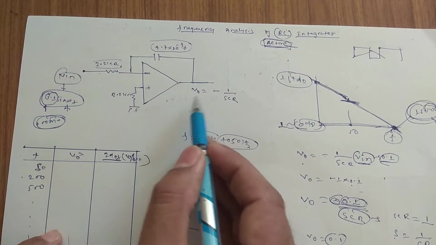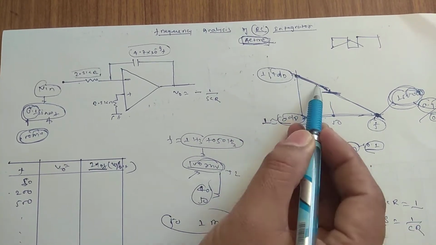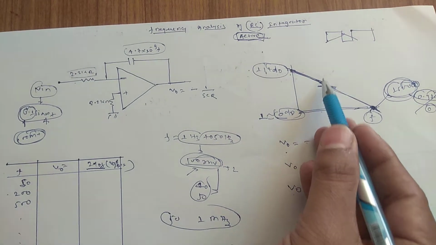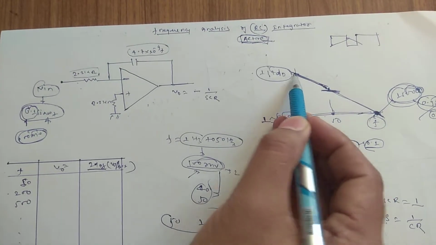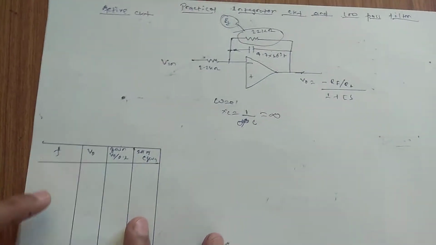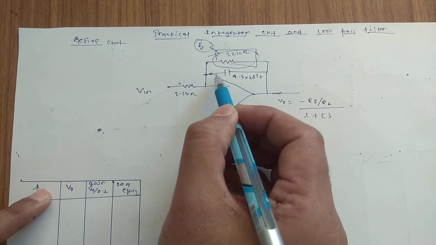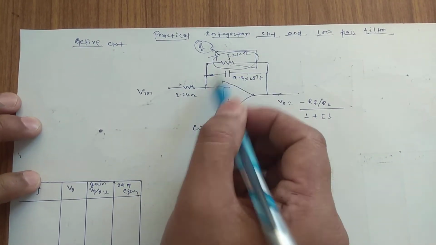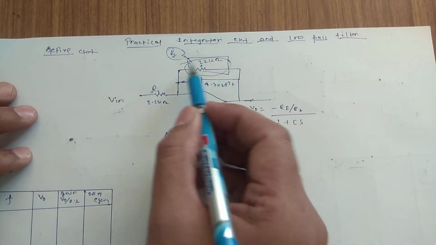What we have seen is that at lower frequency ranges our gain was high, but we were not able to calculate it because of our function generator. In reality, at a small frequency you are going to get the open loop gain. To remove this non-ideality, we have now added RF, so that at a small frequency also our gain will be decided by these two factors, RF by R1. This is your R1. This is like an inverting amplifier only. This will decide our gain.